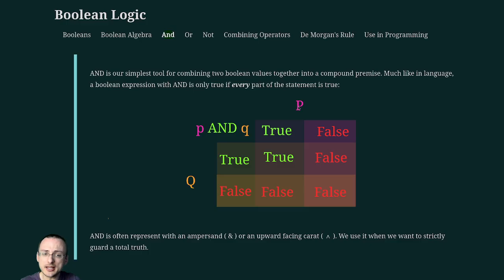we can see my P could be true or false. This column is when P is true. This column is when P is false. Same thing with Q. Here it is when it's true. Here it is when it's false. Remember, we said we're only going to see the rainbow when P is true and Q is also true. It needs to be sunny and it needs to be rainy. So the answer in this box here is that yes, we would see one when both of the inputs are